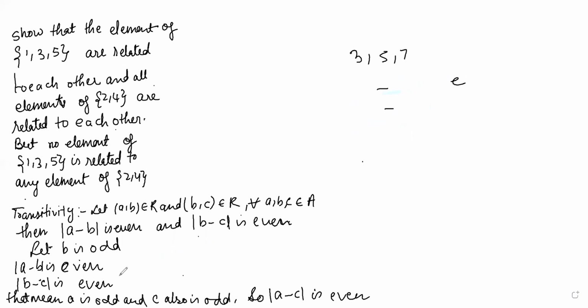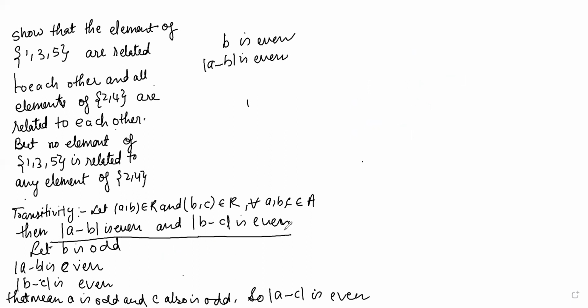Okay, now check for the B even case. These are very important conditions to understand better. Once you understand this, take your time, because then in the board exam it will be very easy for you. So now B is even. So definitely A minus B is even. By this condition, A minus B is already even. Therefore, B minus C is also even by that condition. So if A minus B is even and B minus C is even, that means what, beta? A is even and C is even.